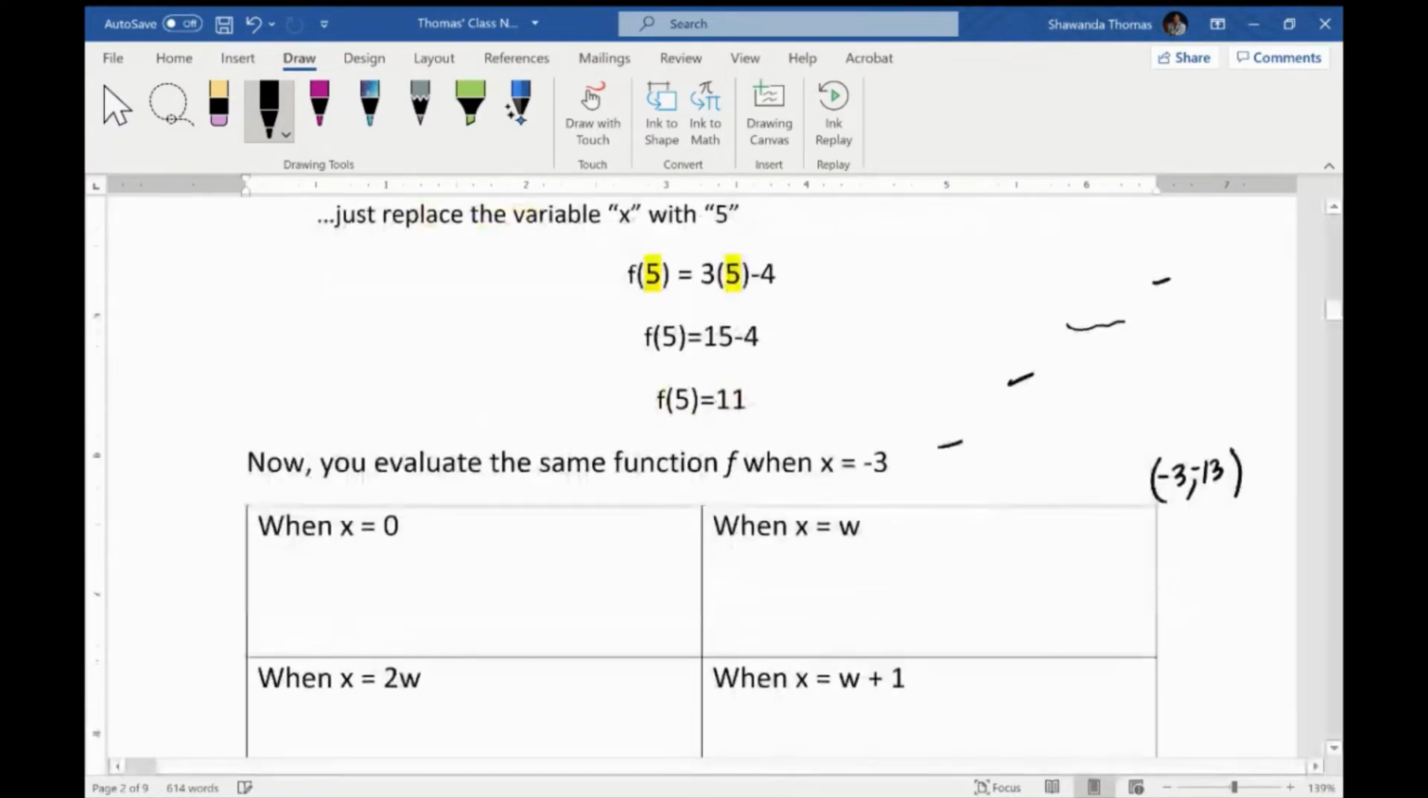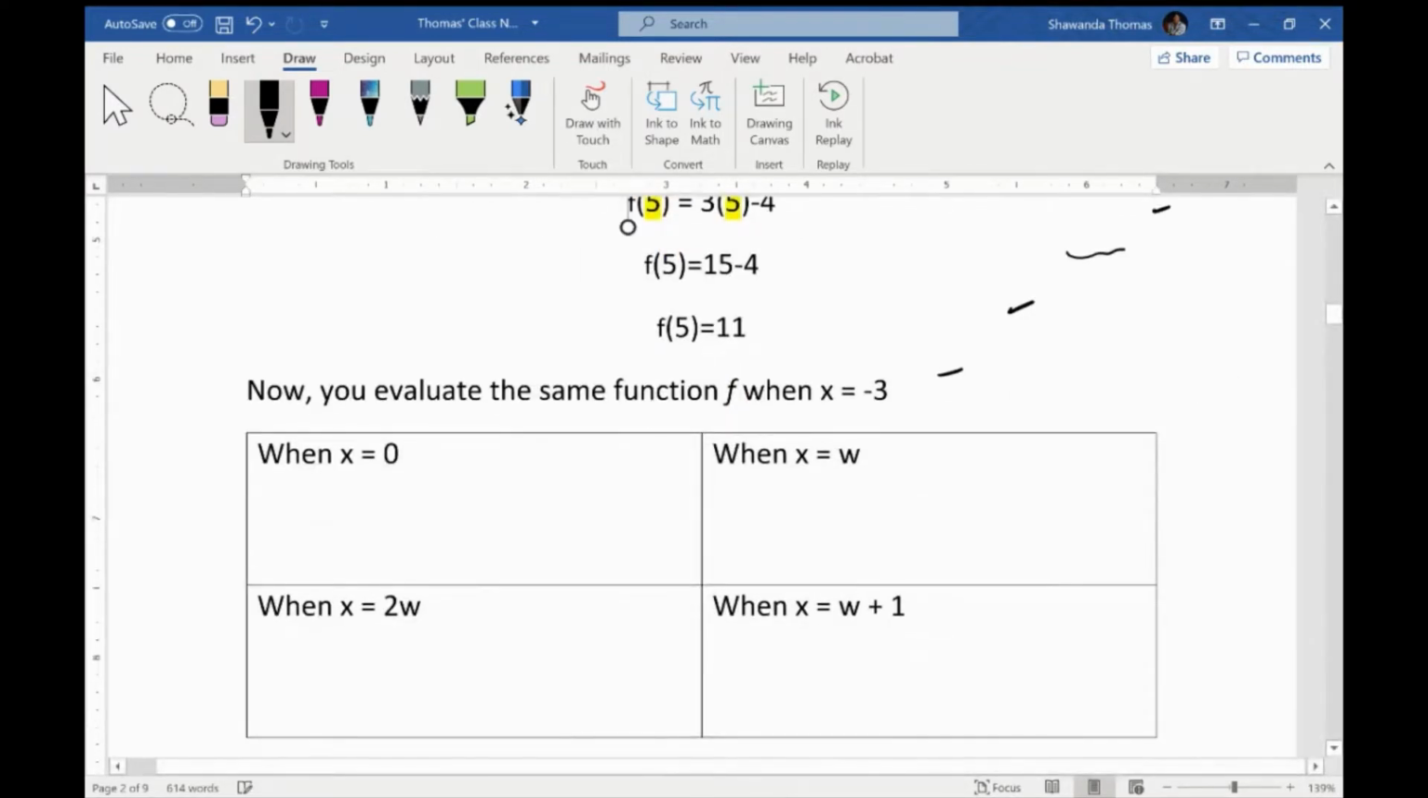We're going to move on to when x equals 0. When x equals 0, f of 0 equals,